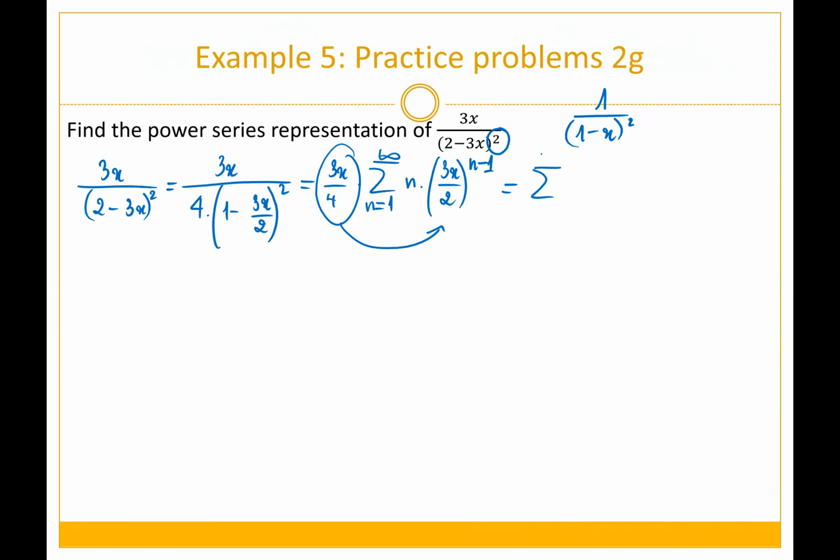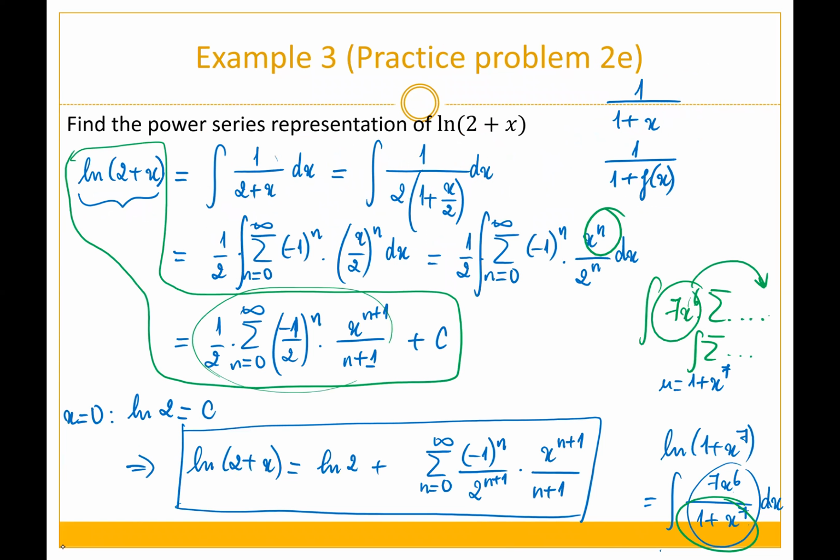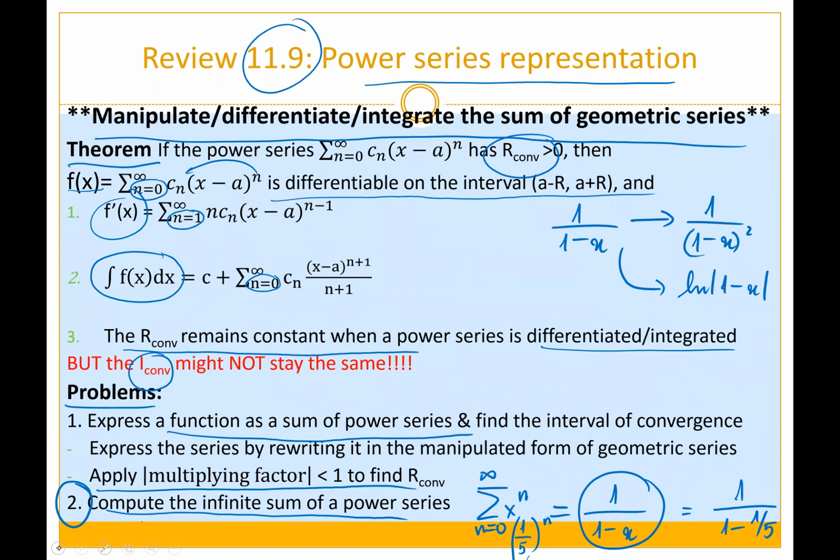So sometimes you have to take a derivative, sometimes you have to take an integral, but sometimes if you already have a form that is quite similar, like 1 over (1 minus x) squared, then you can manipulate this one. What I did from here to here is do some algebra manipulations. And so there are 3 ways that you can solve these power series representation problems: you manipulate, differentiate, or integrate